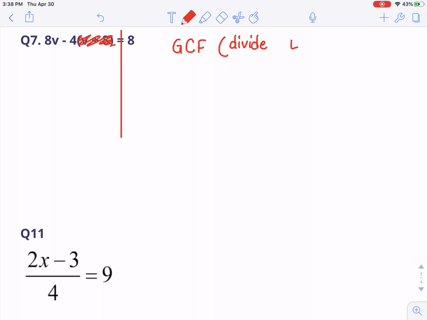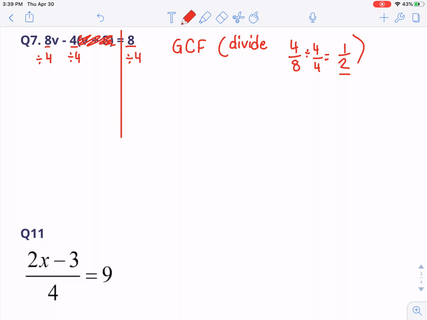So just like we know 4 out of 8, I can divide them both by 4 over 4, and it equals 1/2. This is simpler to work with. That's all we're going to do. So the greatest common factor between 8, 4, and 8 is 4. So divide all of them by 4,